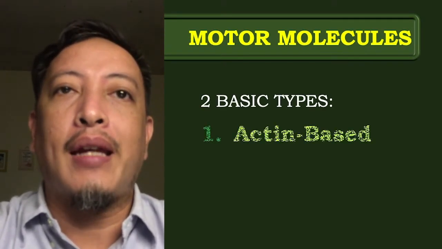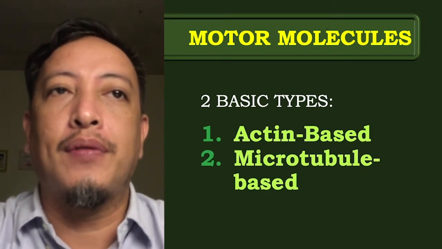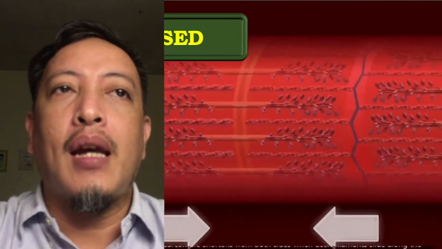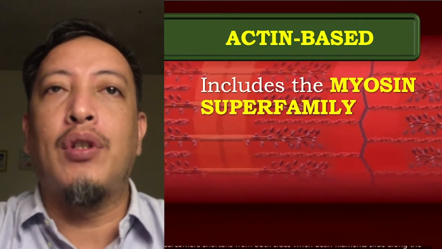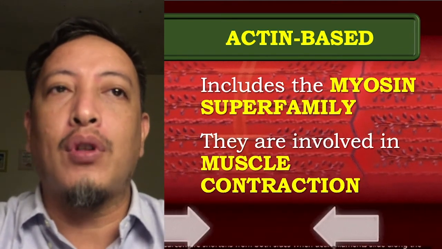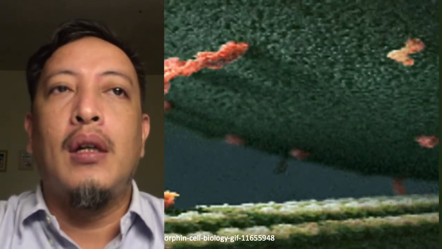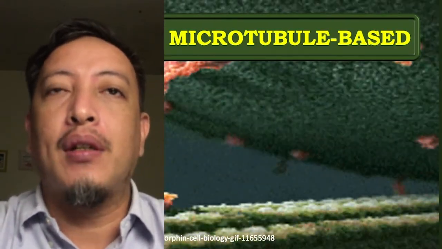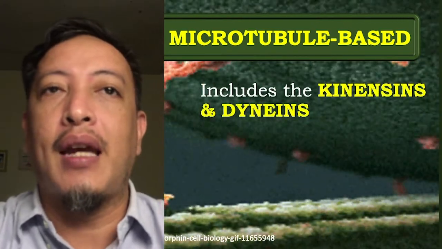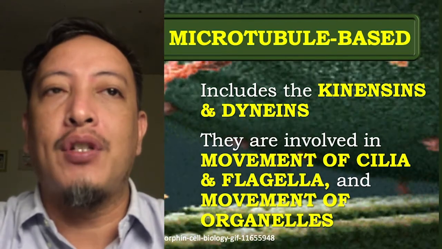So these two are the basic types of motor molecules that are involved. These are the actin-based molecules and the microtubule-based molecules. The actin-based molecules include the myosin superfamily, and they are almost all involved in muscle contraction. While the microtubule-based molecules include kinesins and dyneins, and they are involved in the movement of cilia and flagella and